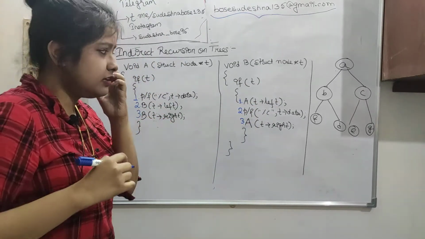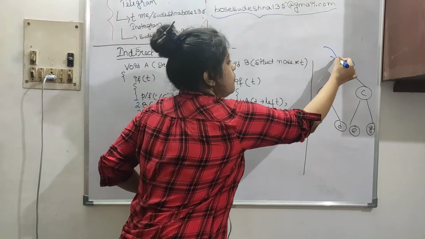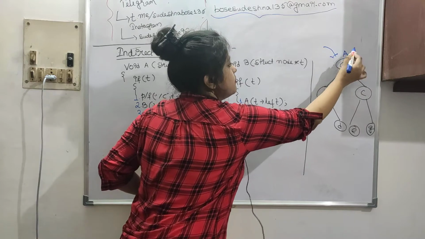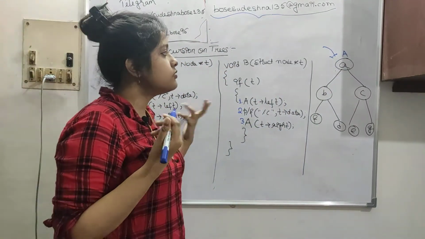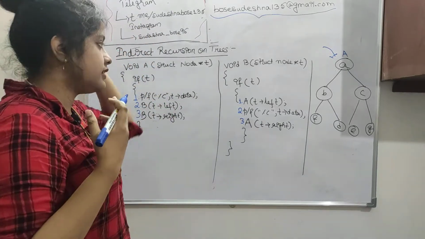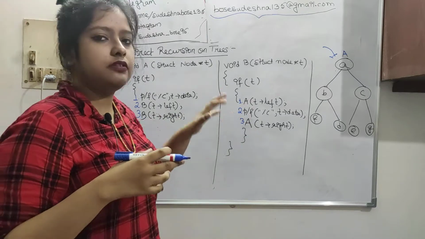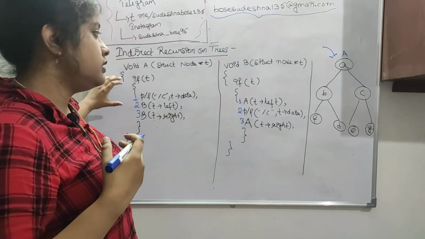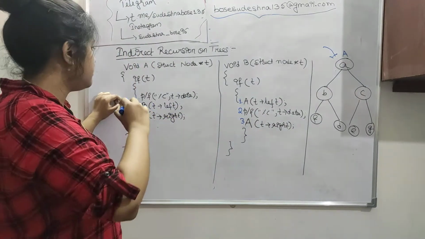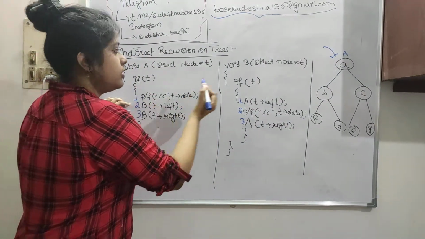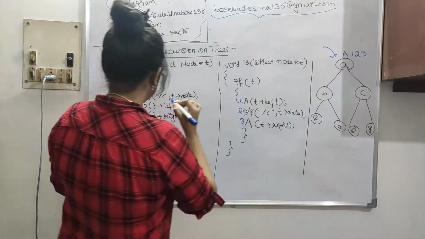In one of the test series this kind of question was asked. I don't remember exactly, but it was given that on node A we are calling the function A. So here also let's do it that way. I have taken this code snippet from Ravi sir only. So we call the function A on our root. So what is our function A here? Same way we write 1, 2 and 3.